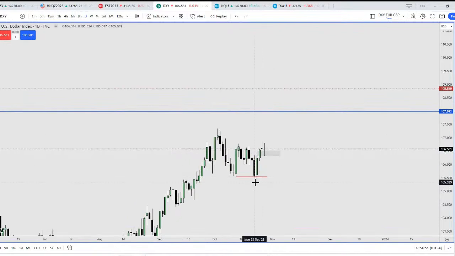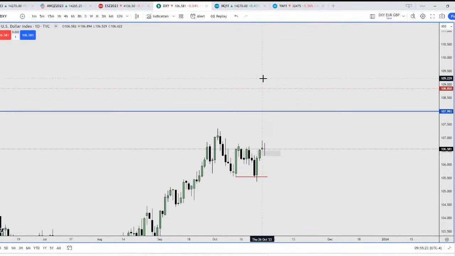I don't really want to see this low swept one more time, because it has already done so, and it has shifted market structure right here. So these consecutive down close candles, especially this candle here, are going to be used as a bullish order block to send the price higher. And yes, that's for dollar. If I'm bullish on dollar, basically you're bearish on all the foreign currencies that are denominated in USD.